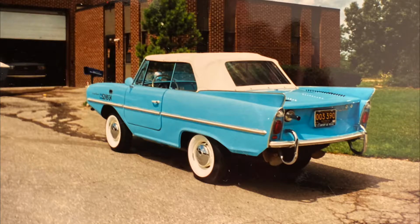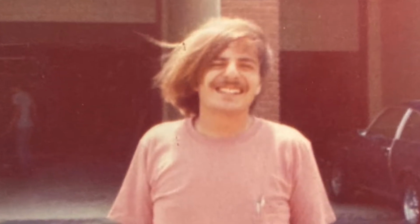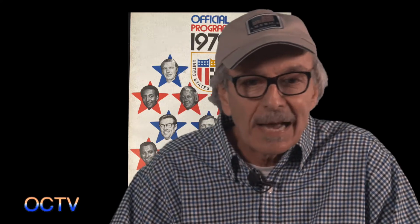I was just starting out with my business, and I was working with the auto racers in their building, and I dragged it back to the shop, and I started looking through this Hemmings Motor News, which is the Bible for old cars. You can find whatever parts you need. This Amphicar needed some parts, and I found an ad where someone was advertising parts for sale. So I ordered the parts that I needed to get my car running, and so I'm waiting and waiting,